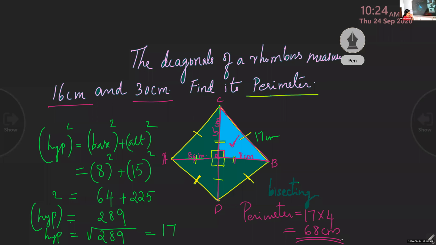Then another application problem we studied, no? By keeping a ladder, reaching a window. You remember that problem? Then another application problem was a tree broken, at the middle or at a height of 5 centimeter from the ground. All these problems repeat in 10th standard. Only the same type of problems repeat and the concept is same, only the numbers will be different. So these problems are very important. Clear, children?